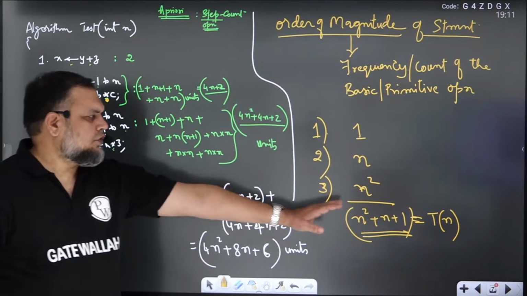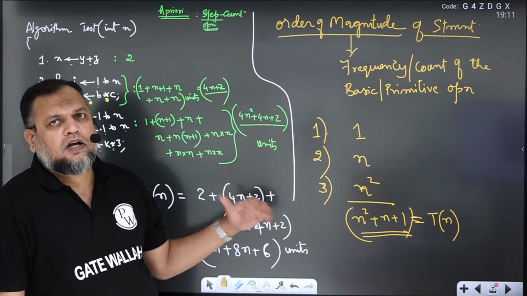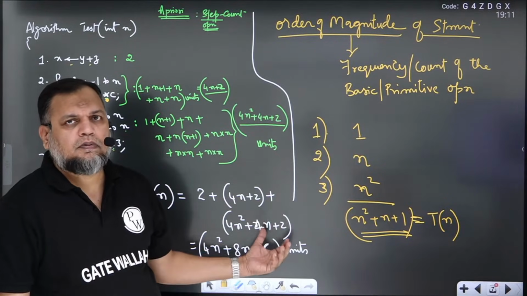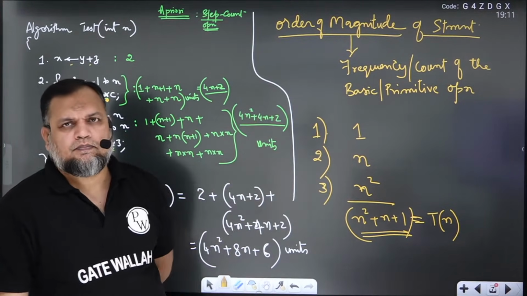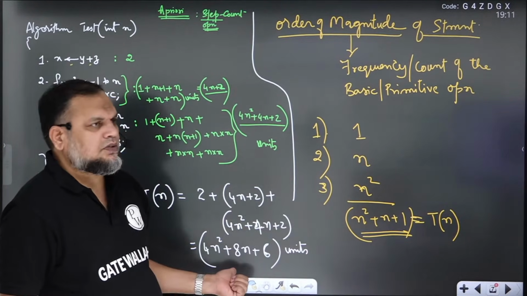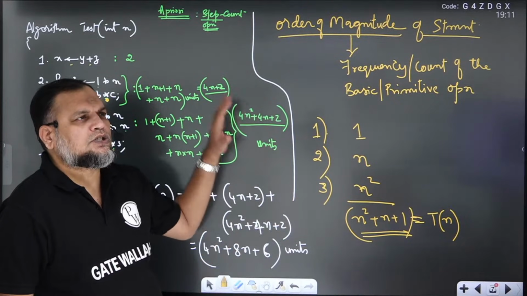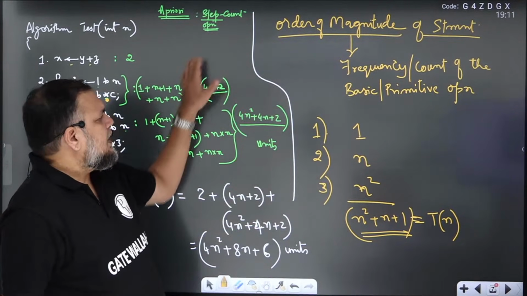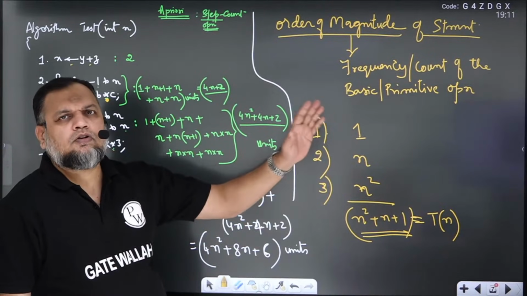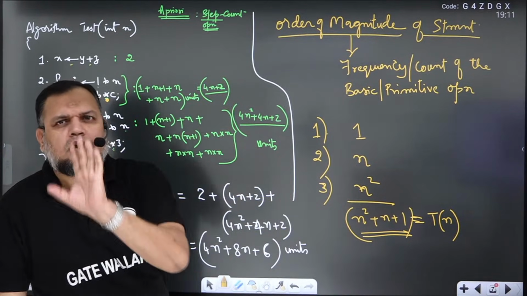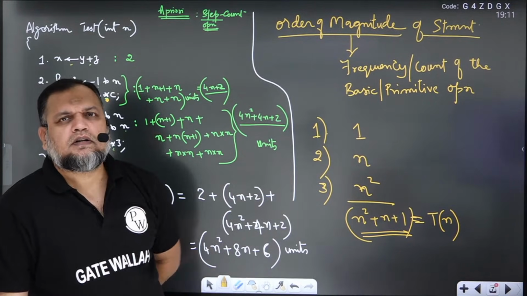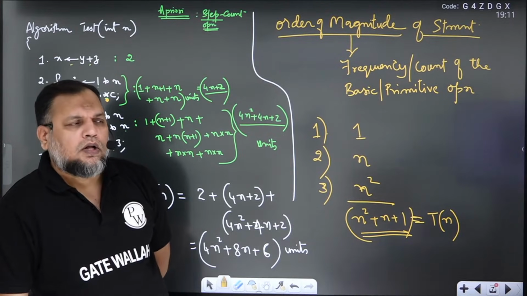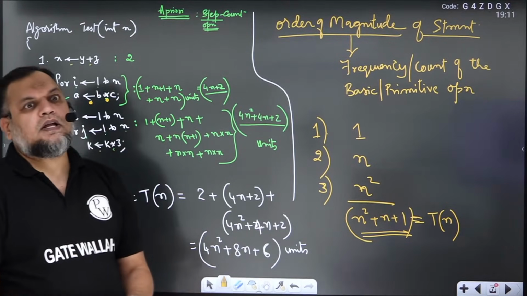So either you can follow this methodology or this methodology. Ultimately, जब हम asymptotic notation यहाँ पर apply करेंगे, both will give you the same order, whether this function or this function. So I always advise the students, अगर आपको कुछ order of magnitude में difficulty हो रही हो, तब आप step count पे जाइए, वरना आप order of magnitude पे direct just look at the statement, tell the order of magnitude and simply write the function. तो यहाँ पर आपको ये बताना चाह रहा हूं कि a priori